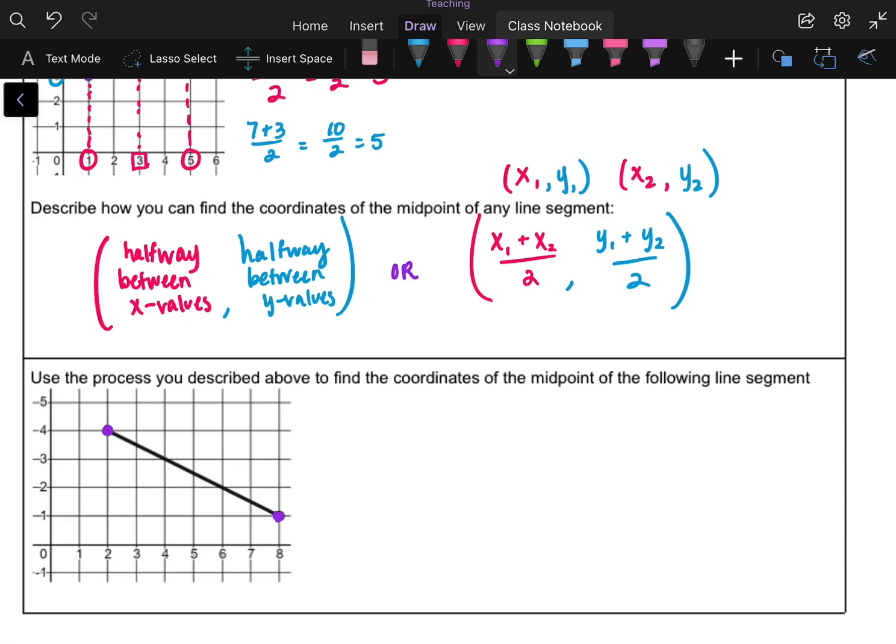Right, hopefully you gave that a try. So my first point here is at 2, 4, I need my x first. And my second point here is 8, 1. So if I use our calculation here,